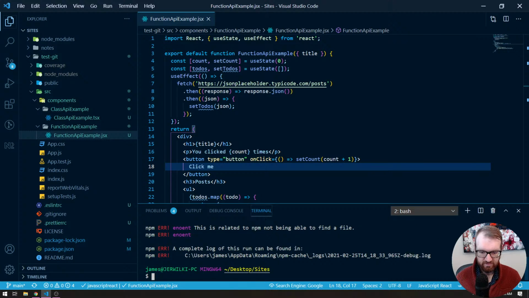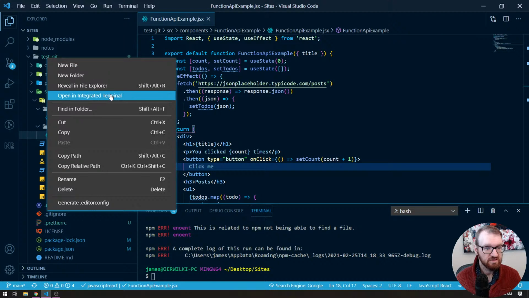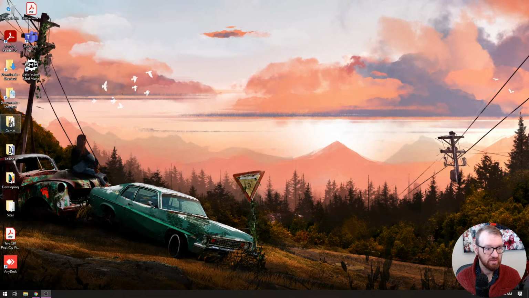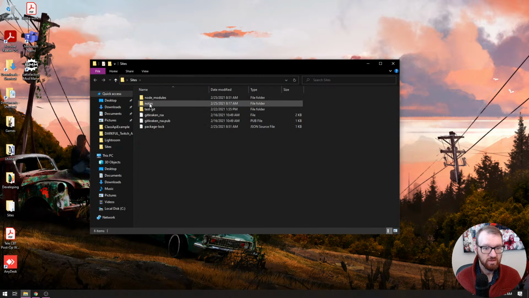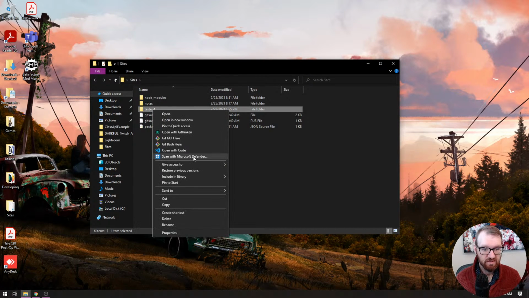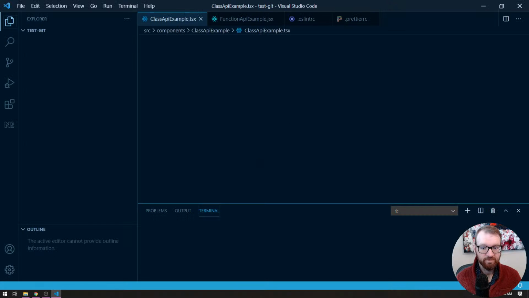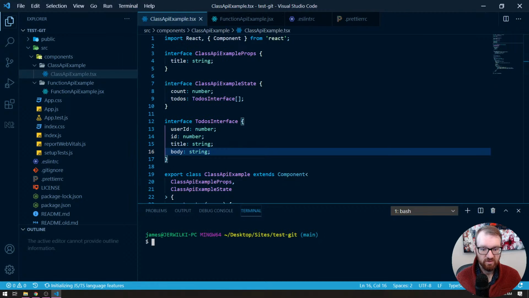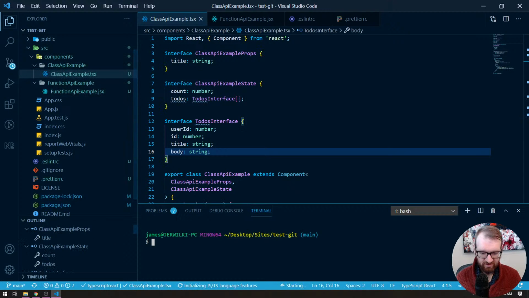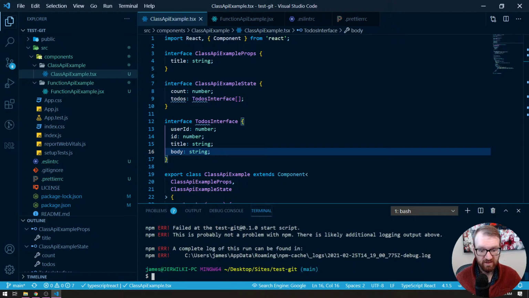I am not in the right spot. Give me a second. So our sites folder, we're going to open up our test git with VS Code. This way, when we do terminal, new terminal, you'll see now we're in our folder. So now I can run things like npm start. Actually, let's start here for a second. When you are in these folders,